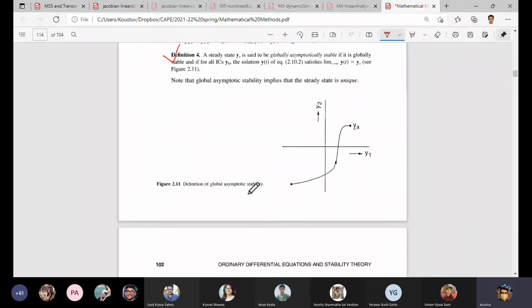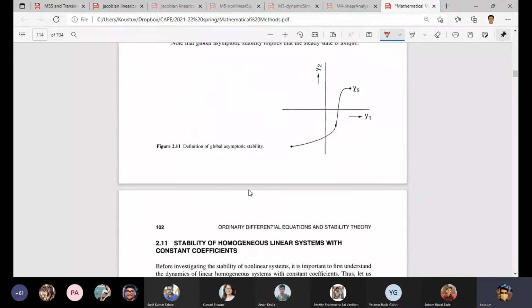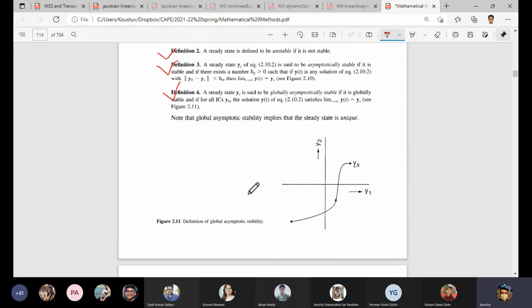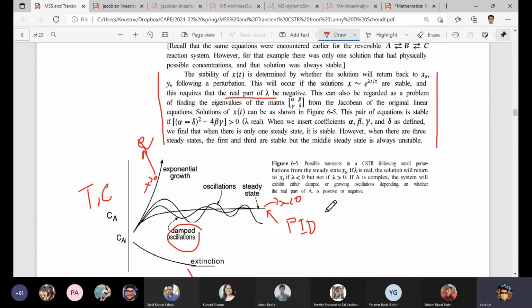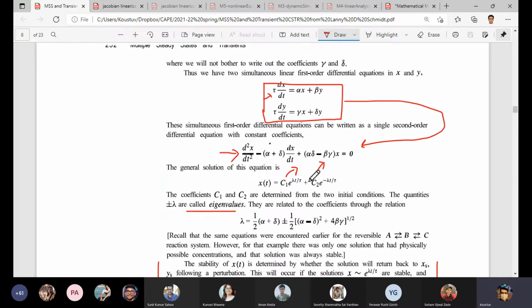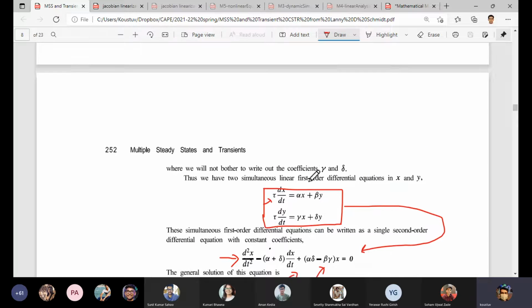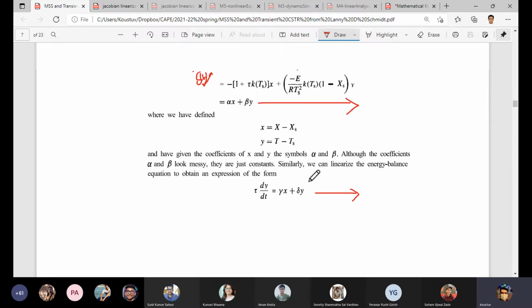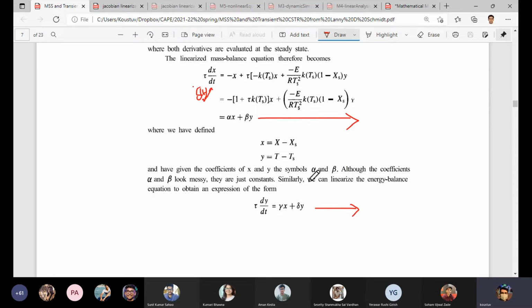I'm not asking you to fully study it, it is just for additional features about the discussions that we were having. Mainly we will restrict ourselves to characterizing the steady states based on graphical as well as mathematical techniques. And what we have learned is that we can get rid of the nonlinear nature by linearizing them. And why the linearization is required, there are 2-3 implications.